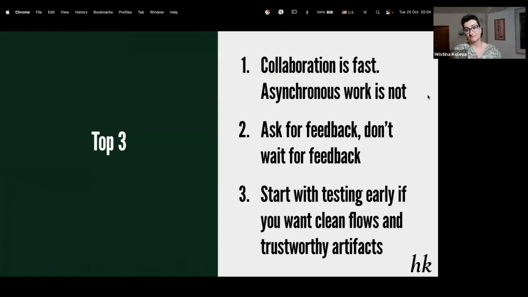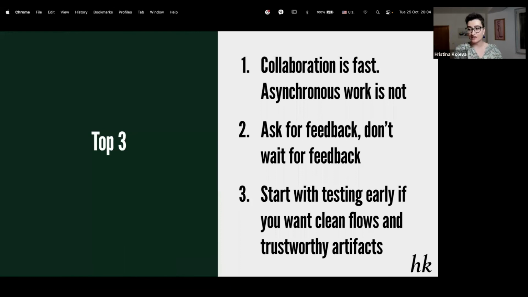My top 3 out of everything we've talked about so far, of course, is applicable, and it's food for thought. It's a conversation starter. I'll keep exploring them.